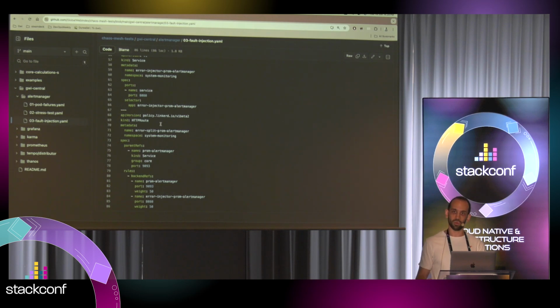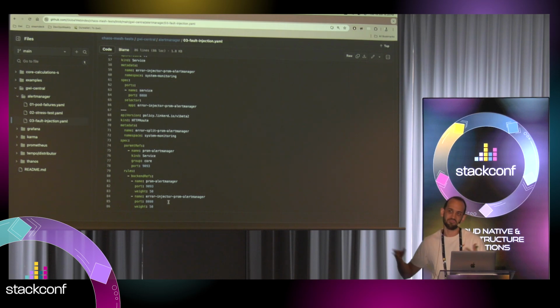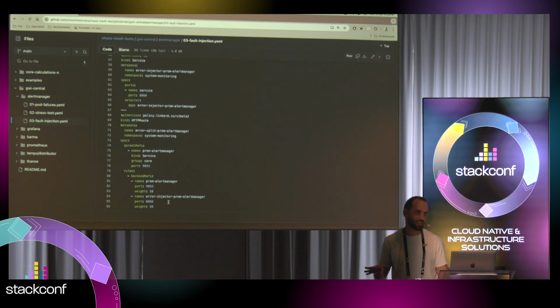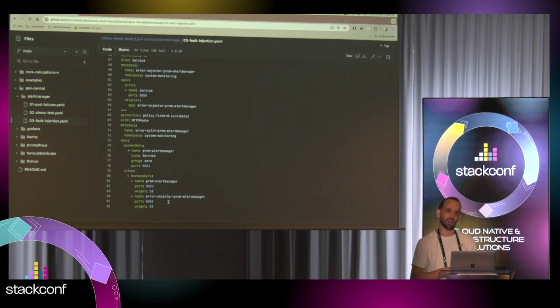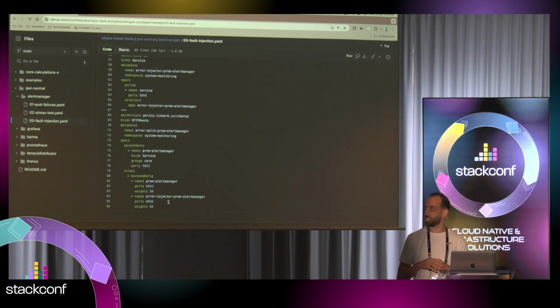We have an HTTP route, which is a LinkerD custom CRD that basically says, I have my Alertmanager service, just split traffic. Send 50% of traffic to the proper Alertmanager deployment, and the rest to my Nginx service that I just created, which will always fail. This is proper A/B testing, okay? It doesn't matter if we use it for chaos engineering or for feature flagging or for A/B testing, this is what LinkerD is very good at doing. And when we implemented this, it basically means that half of our requests to Alertmanager will fail. And we want to see how our system will behave.